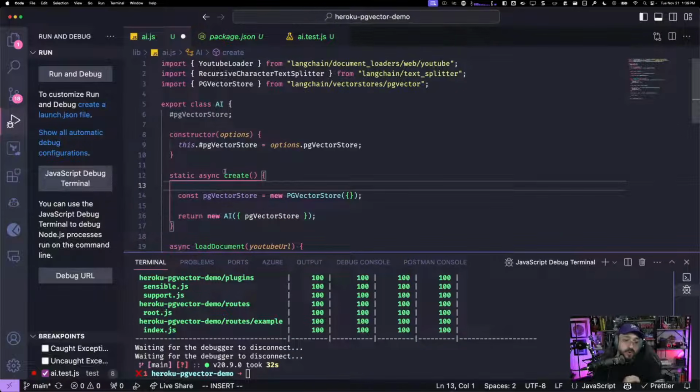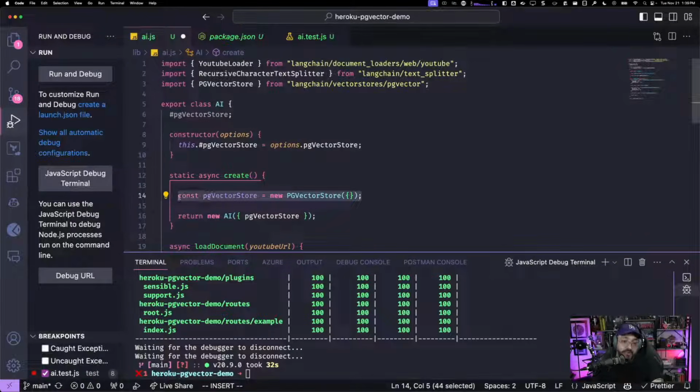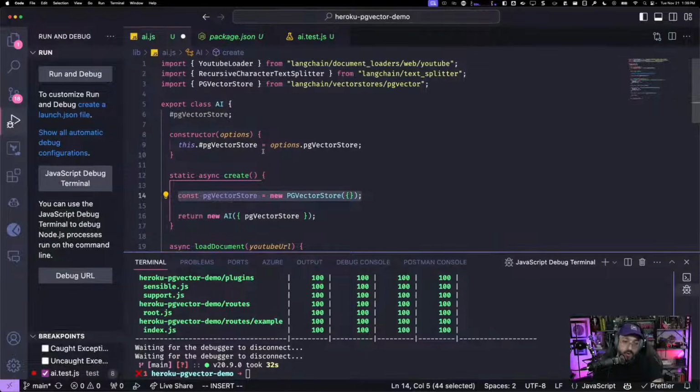So this is what I'm doing. On the static asynchronous method, we are creating an instance of PG vector, and then we are passing it to the constructor. So this is available on my methods because I'm going to be using this on the query and on the load YouTube method. Stay with me. This is going to make sense in a moment. Then the PG vector store,